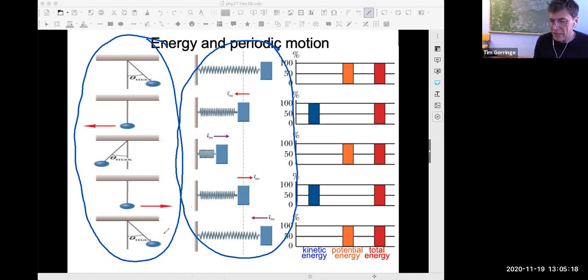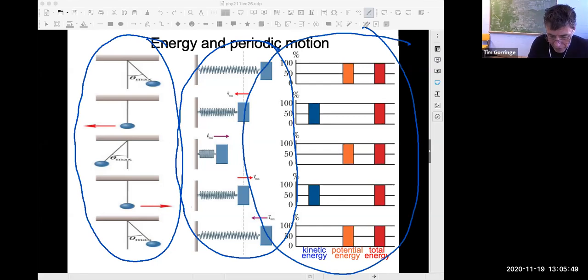Now, the nature of the restoring forces, the origins of the restoring forces, are very different. One's due to gravity and one's due to a spring. But the pattern emerging from the linear restoring forces is identical in these two cases. And so is the pattern of energy transfer and flow of energy in the mass spring oscillation and in the simple pendulum oscillations. And that's this picture, this bar graph plot I put over here on the far right.